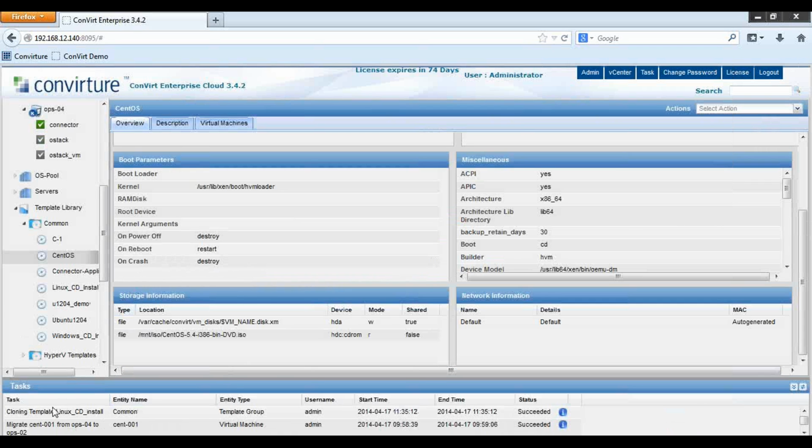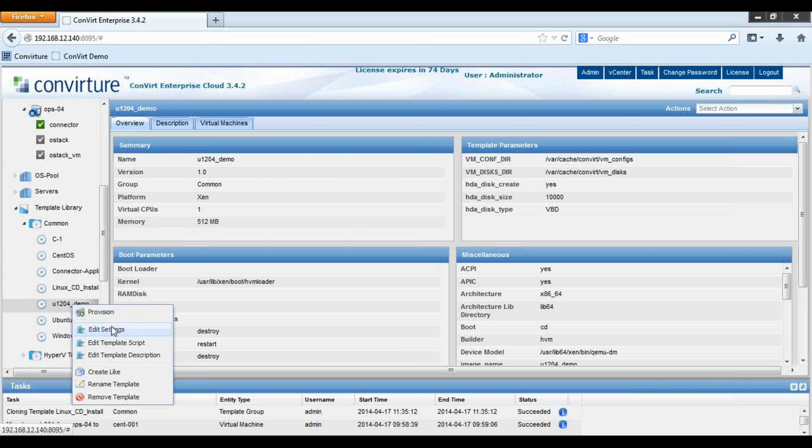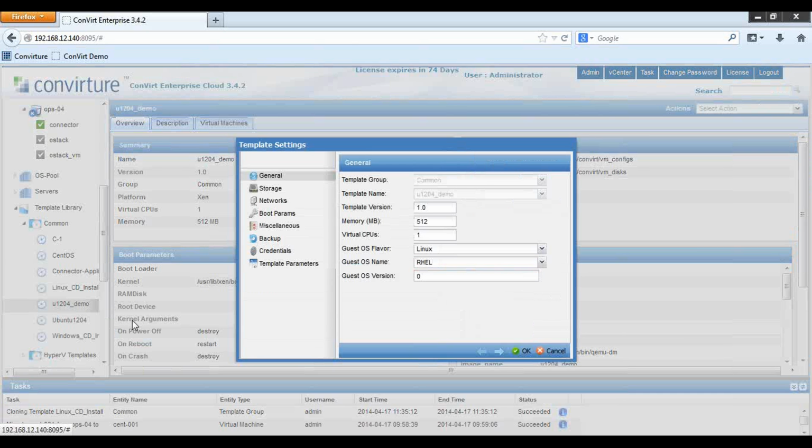There we go. So now we've got a clone of the Linux CD installation ISO. Now let's go in and modify it. Let's edit the settings and set up some different things that we want to do with this particular template. So we've got template version, memory, CPU. It's a Linux template, but in this case, why don't we make this an Ubuntu template,